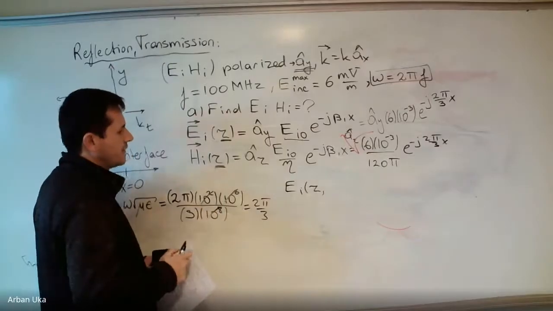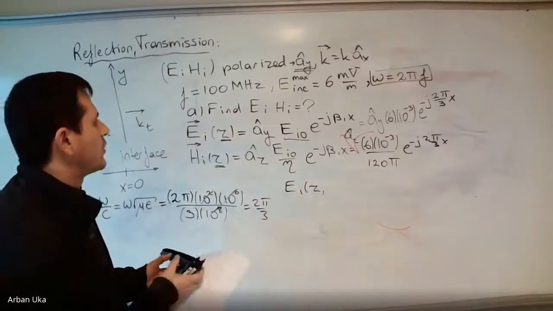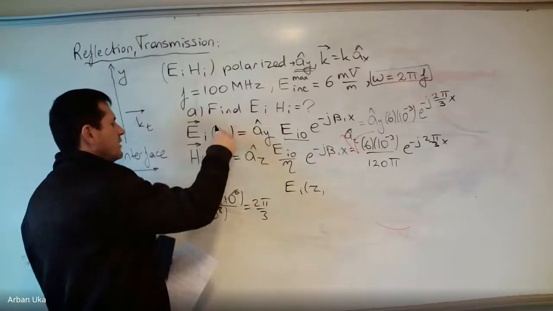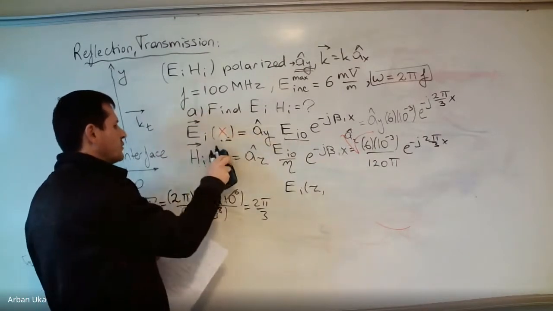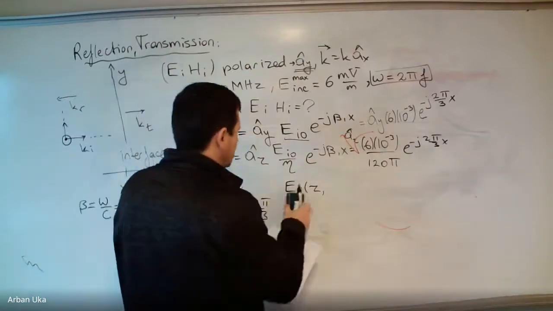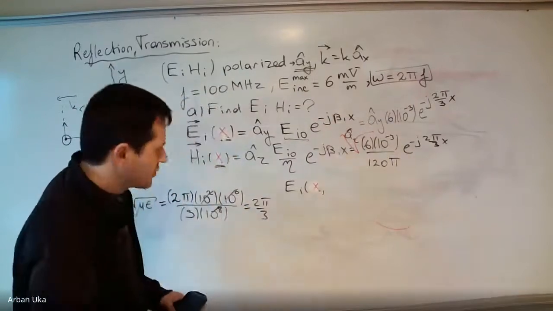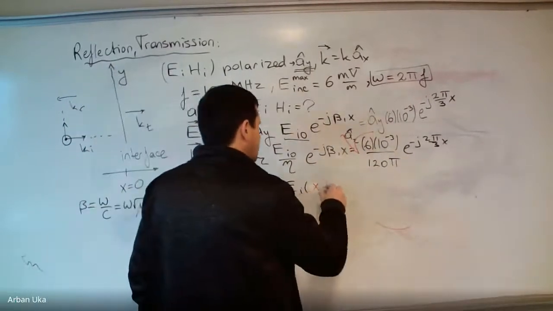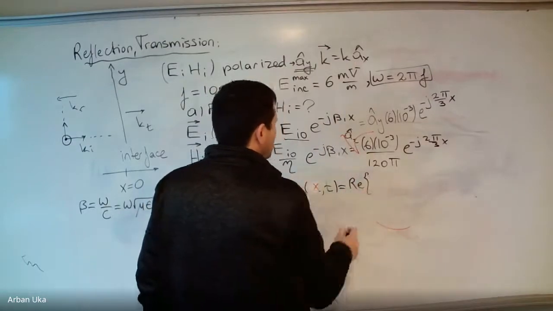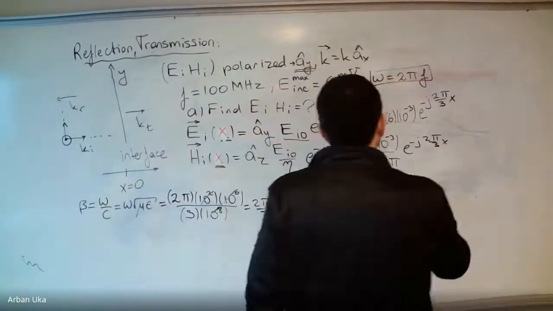Yes, that's true. Since we are propagating along x, only if we plot the wave as a function of x is this where it's going to change. Okay, so we put x here, and then we get the electric field as a function of x and time. This would be equal to the real part of the phasor, and the phasor is